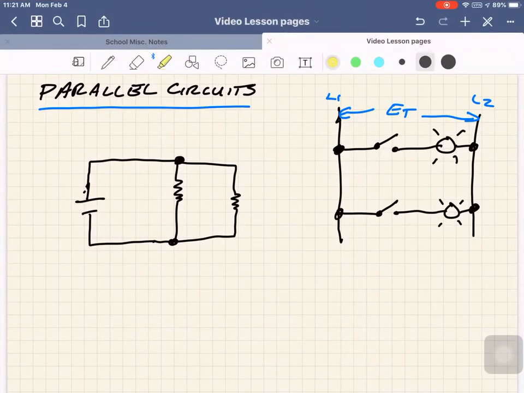Parallel circuits. We're gonna do a little video lesson here on parallel circuits. Hopefully it will help you with your homework assignments and your test scores, obviously, and most importantly, your overall understanding of electrical circuits. Okay, so first let's compare it to something that you've seen already, and that would be your ladder diagrams